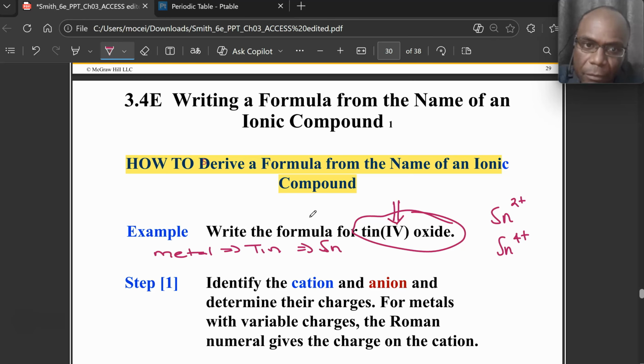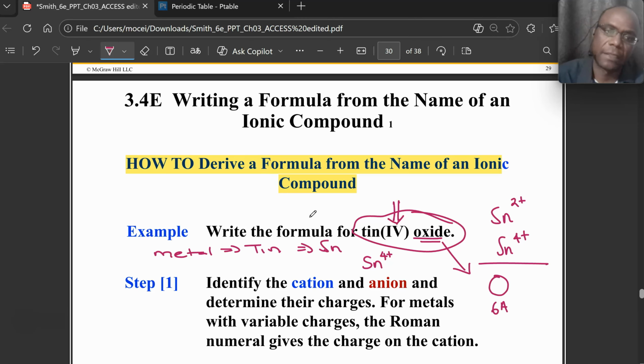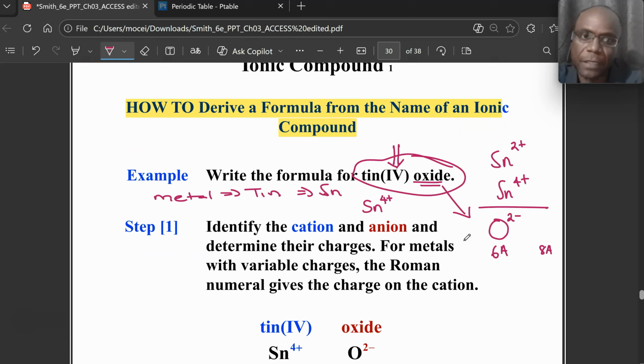So I'll write it as Sn4+. And then the anion is going to be determined. It says oxide, so I'm working with oxygen. Now oxygen is in main group 6, call it 6A. It's 2 steps to 8A. So it has to gain 2 electrons. That's the formula of oxygen. So now the question is, if I really want to make sure that these two, the tin 4 and the oxide,